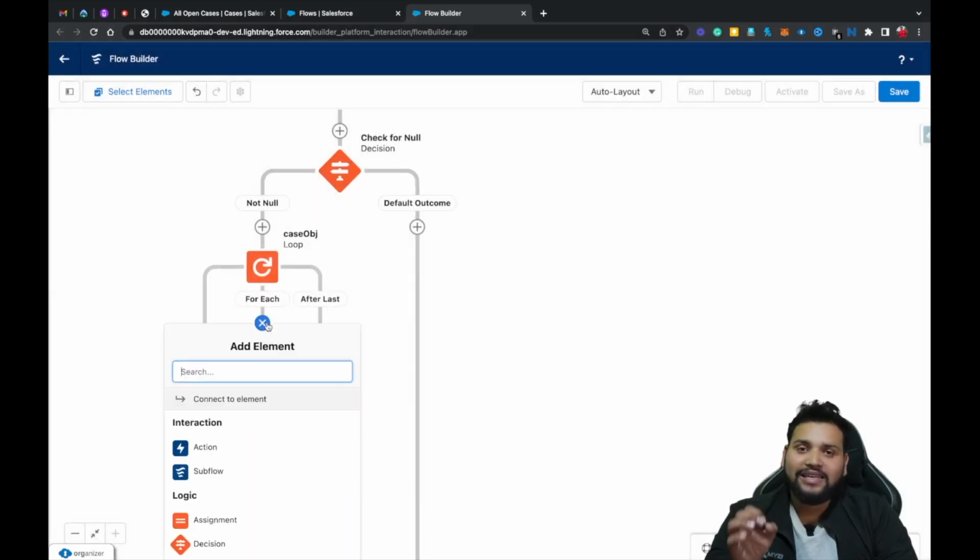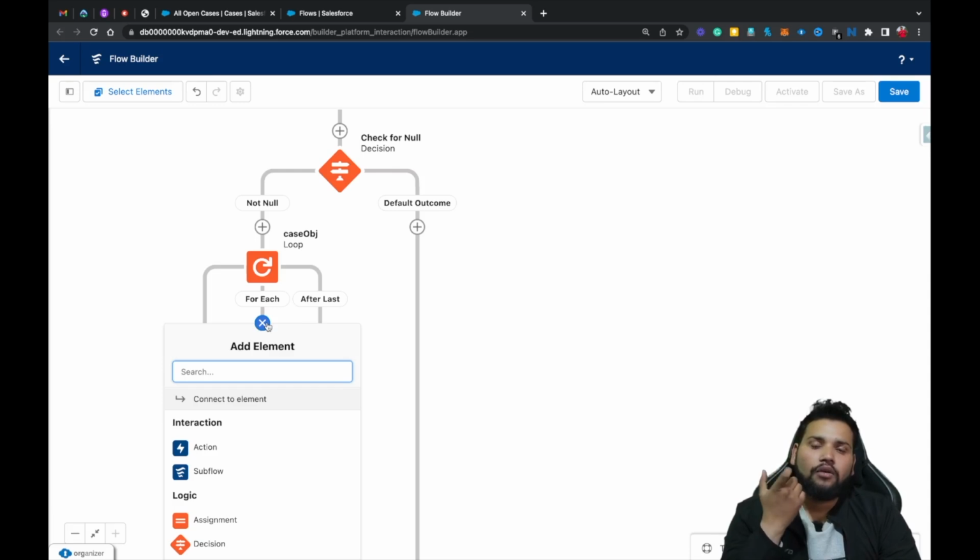As I did in the previous video, if you didn't check the Update Records element part 2, you will get the concept of how you can use the Loop element. We also have another video in the Salesforce Flow for Beginners series where I teach about the Loop element, so make sure you check out that video if you want to learn more about how the Loop element works.